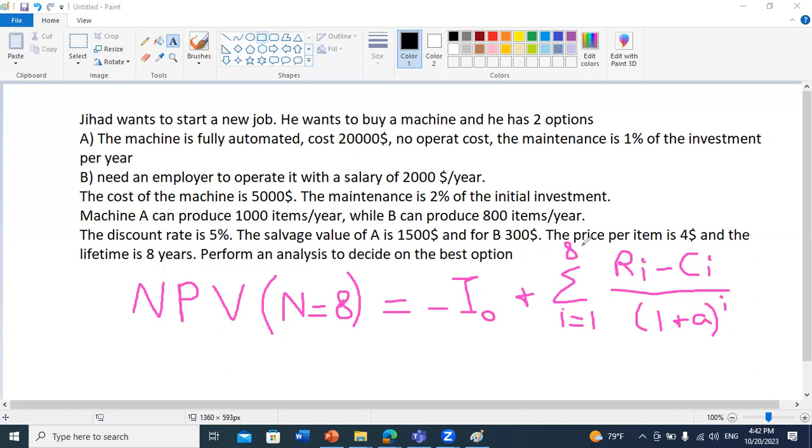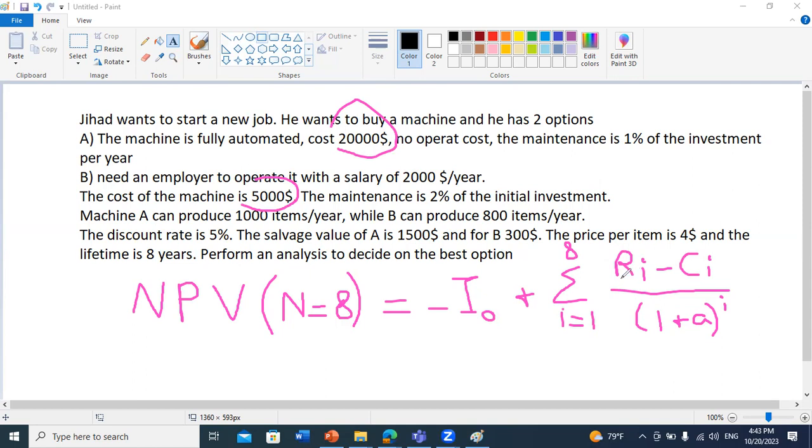relatively short. Okay, so since 8 years is relatively short, maybe you will not have enough time to pay back your investment, and you are paying in A $20,000, while in B, as a first investment, you are only paying 5,000. Okay, so maybe you need more time to compensate 20,000. So this is a factor. So lifetime will be a factor. Okay, plus also